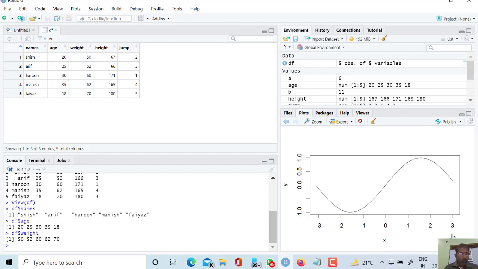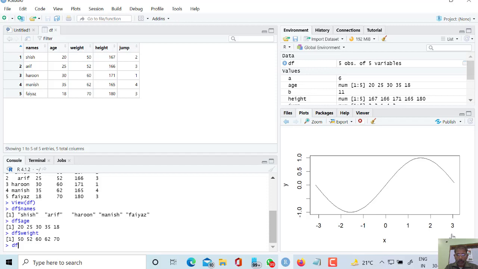Now suppose I want to add something. Suppose I want to calculate the BMI index. The formula for BMI index is weight upon height square. So suppose I want to add this one.